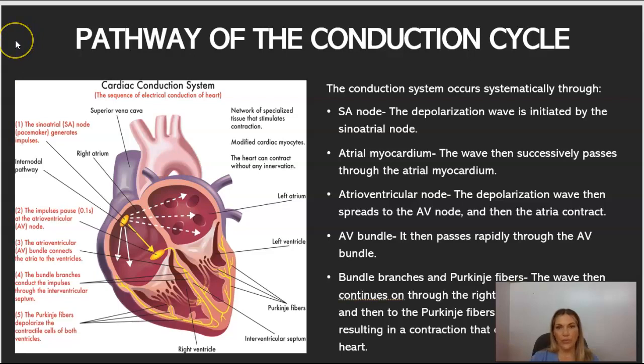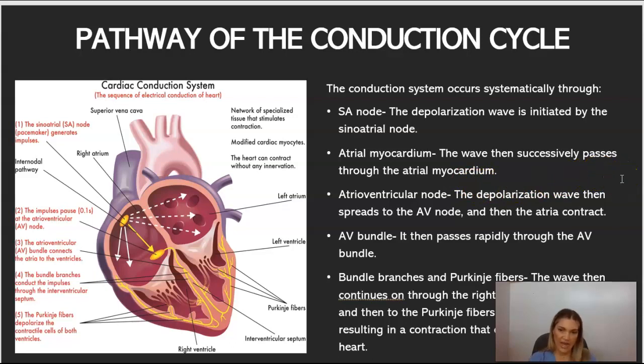So here is a pathway of the conduction cycle that we just talked about that you can see here in this picture. The conduction system occurs systemically through first the SA node, and this depolarization wave is initiated by the sinoatrial node. The wave then successfully passes through the atrial myocardium, and it goes to the atrioventricular node. The depolarization wave then spreads to the AV node, and then the atria contract,